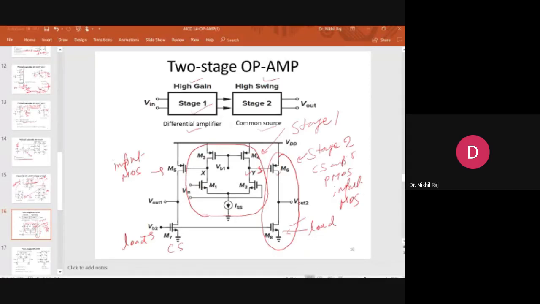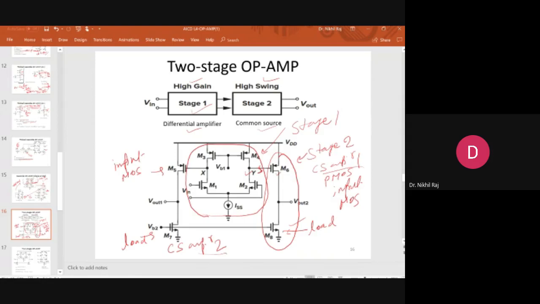So what we see in this architecture is that there are two stages. Number one stage is your differential amplifier, where M1 and M2 are the differential inputs. Whatever signal is generated at X and Y acts as the input to the other stage, that is your common source amplifier. So totally, if you calculate individually, three stages are there. Three stages I will not say, but three configurations. Number one is your differential amplifier, number two is your common source amplifier part 1, and common source amplifier part 2, where X and Y act as the input to these two.